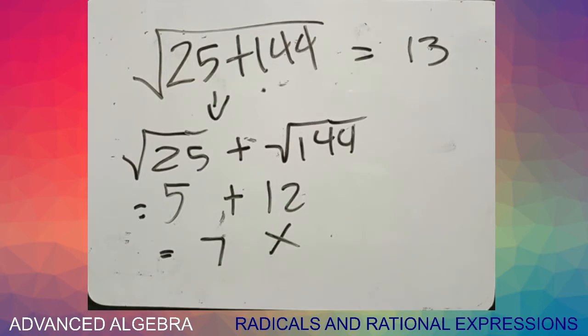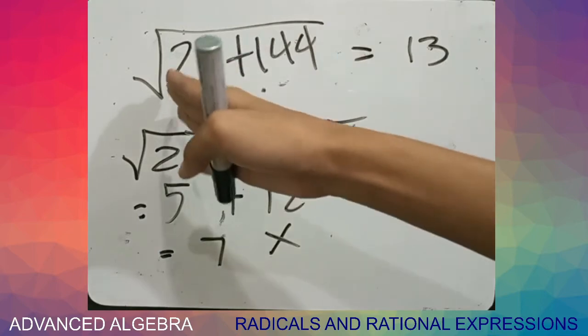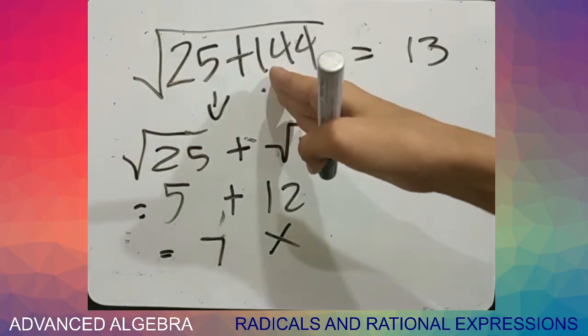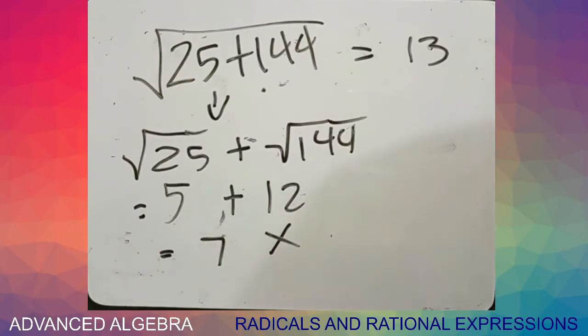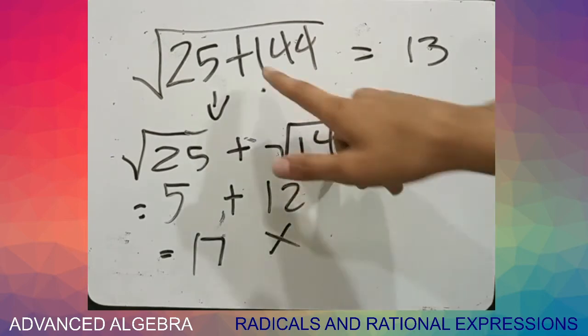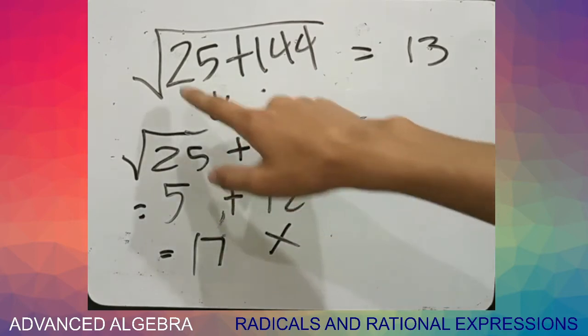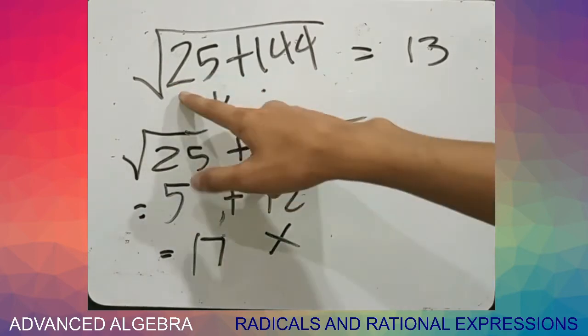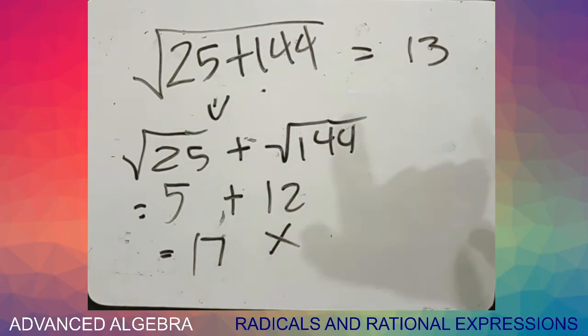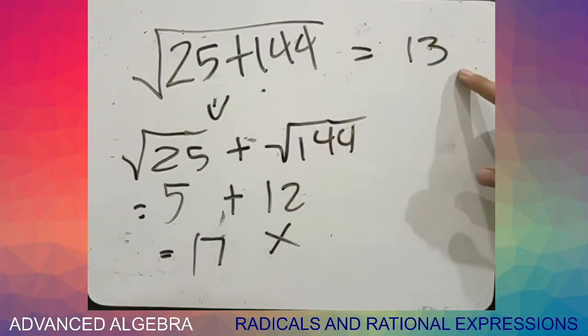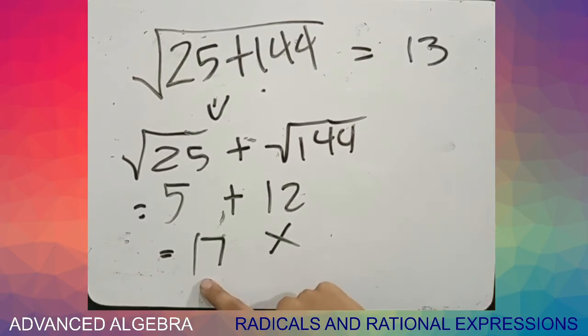Okay? So, yun yung paliwanag ko dito na hindi talaga pwede na kunin muna natin si square root ng 25 tapos square root ng 144 saka natin siya pagplasin para makuha yung sagot. 17 pala to ha, 17. Okay? So magkaiba sila. So ang susundin nyo ay kailangan nyo munang i-simplify yung nasa loob ng square root bago nyo kunin yung square root. Okay? So katulad nito, 25 plus 144, this 169. Tapos square root ng 169 ay 13. Okay? Nagkamali lang ako dito ha, 17 to. So yun. So let's proceed to another topic about